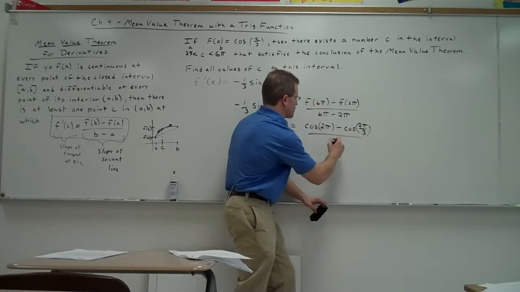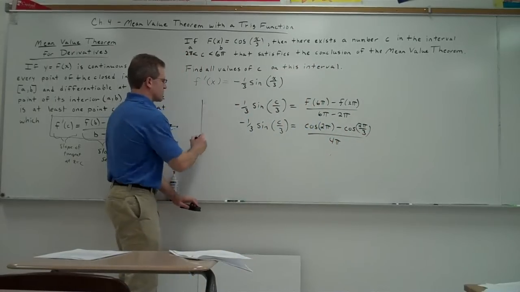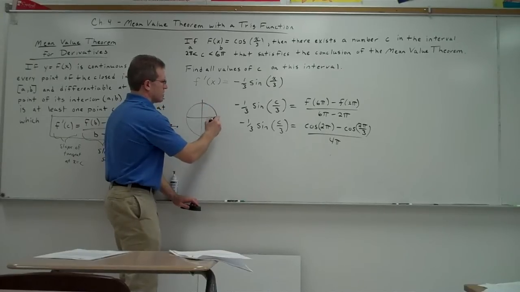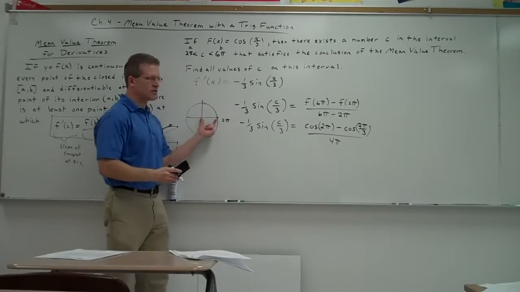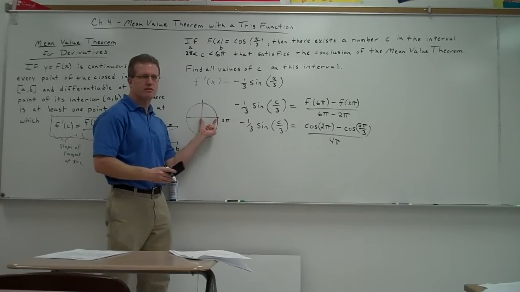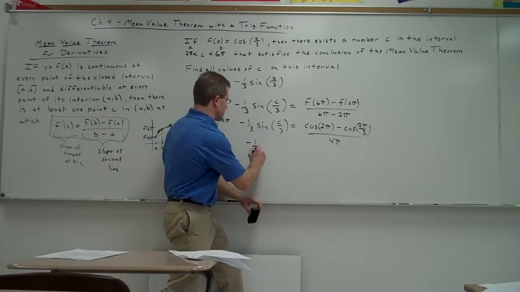Six pi minus 2 pi is 4 pi. Let's use the unit circle to calculate some of this. Here's 2 pi right here. Cosine is your distance left or right. So what would be the cosine of 2 pi? 1. Good. So negative 1/3 times